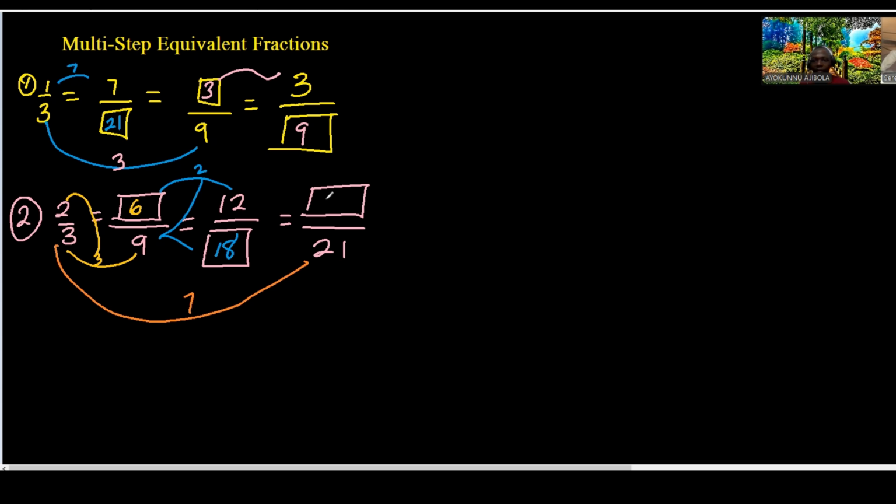7 times 2. So the answer is 2. That's what? The answer is 2. No, 7 times 2 is what? 7 times 2 is 14. Yeah, the answer is 14. Okay,